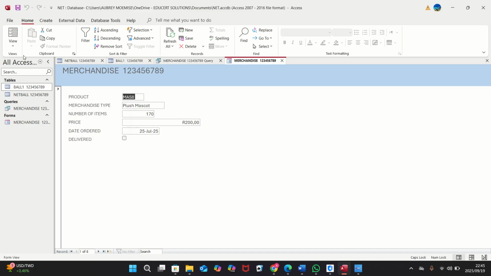Then there are arrows. I select the last, which is a new form. The product will be